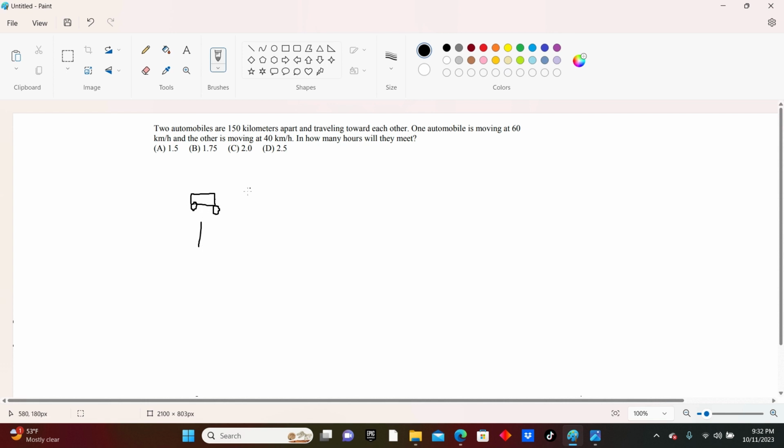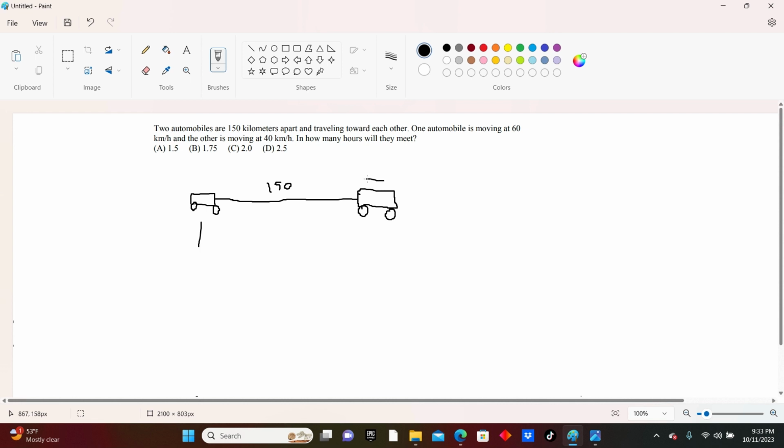So this is automobile 1, and from a distance of 150, this is automobile 2 right here, and the distance is 150,